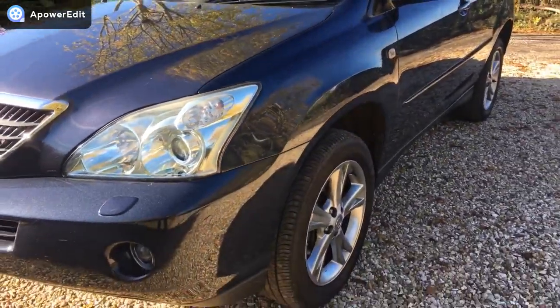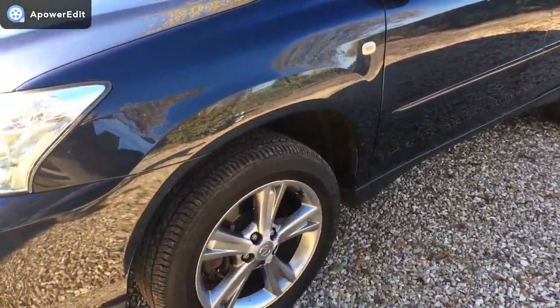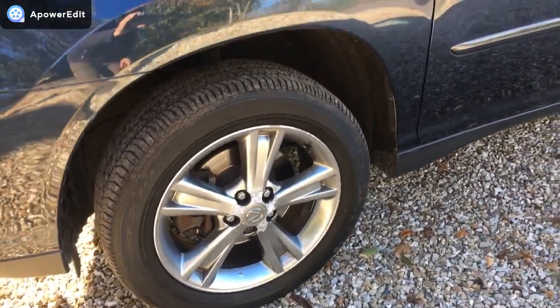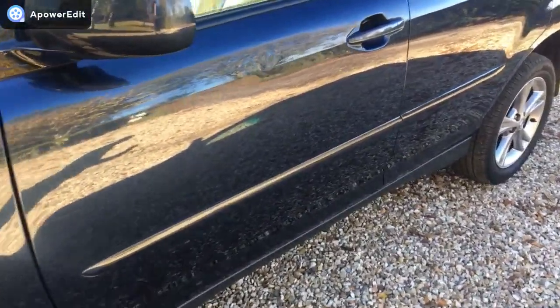Going down the near side of the car first, generally very clean in the panel work. Panels look really nice on the car. Alloys generally good. There's a bit of pickling around the wheel nuts, which is very common on Lexus of this age. A Dunlop tyre on this side, and then down the panels,